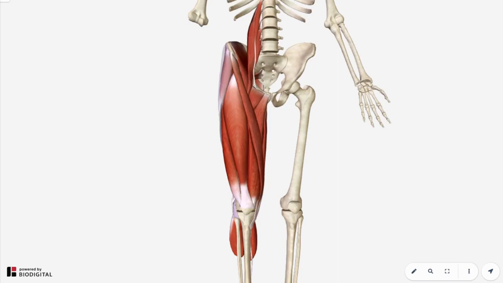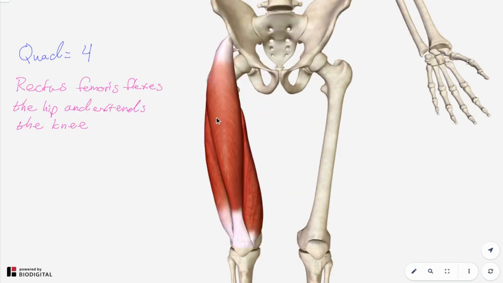Quadriceps are a group of four muscles on the anterior of the thigh, or upper leg. The rectus femoris is the largest of the four and has its origin in the anterior inferior iliac spine, or AIIS, and its insertion in the tibial tuberosity via the patellar tendon. It is the only quadricep muscle that crosses both the hip joint and the knee joint, so it acts on